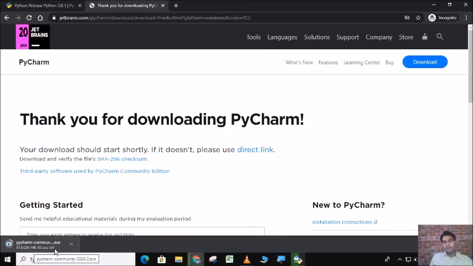So what is PyCharm? It is basically an integrated development environment. It is an environment in which we will develop the code, we will see the output, and we can also set breakpoints. Okay, breakpoints are the points such that our code will execute up to this point, and beyond this point our code will not execute. That is called a breakpoint.